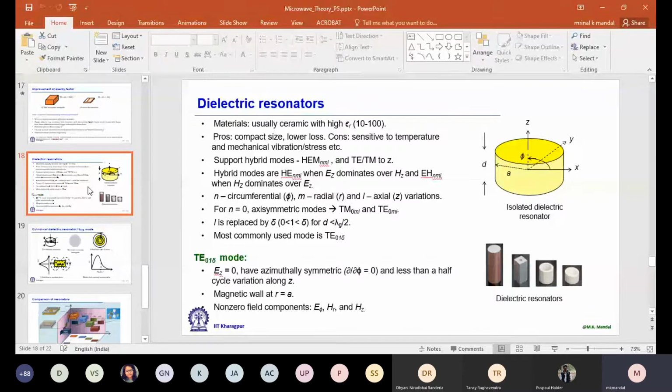That is called hybrid. Now, depending on a specific mode, we can approximate it by TE mode or TM mode. It depends on the situation; we can't always make this approximation. So in general, when I'm going to analyze a dielectric resonator, we have to consider all 6 components: 3 components, Ex, Ey, Ez, and another 3, Hx, Hy, Hz. That we have to keep in mind, and that's why analysis becomes much more complicated for a dielectric resonator.